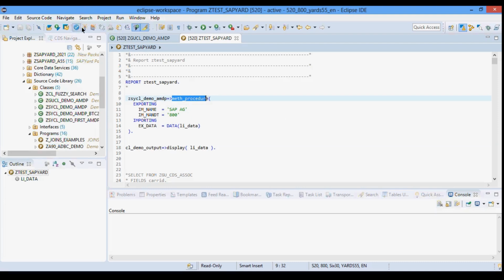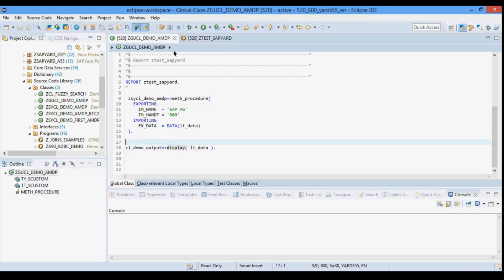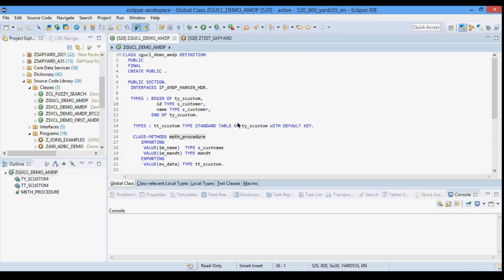I will show you in the database layer how they are created. Secondly, the database procedures which are created at the database layer exist in the schema SAP system ID. A new version of the database procedure is created each time the source code or dependent objects change, and the obsolete versions are deleted asynchronously. So this is how it works at the database layer. I will show you that.